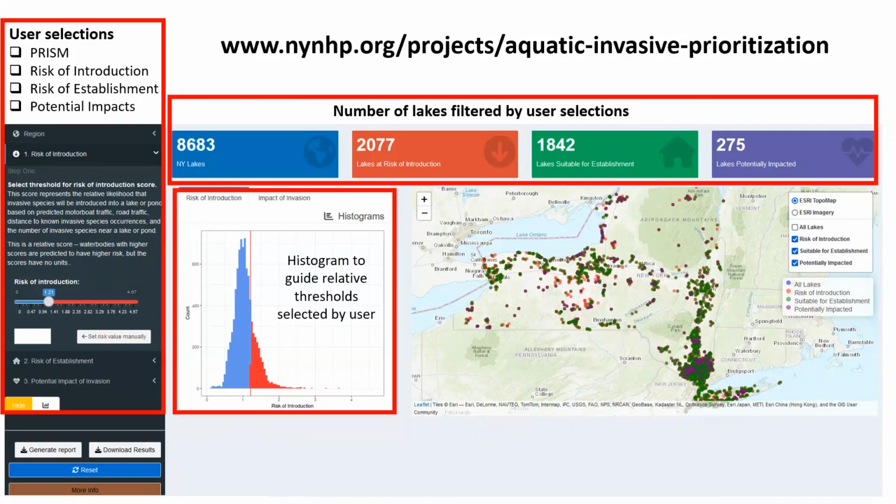The boxes across the top are all intentionally color-coded to match these different components of the framework, and they show you how many lakes are filtered by your selections at that given time. And this is all interactive, and as soon as you change a slider somewhere, it will update those